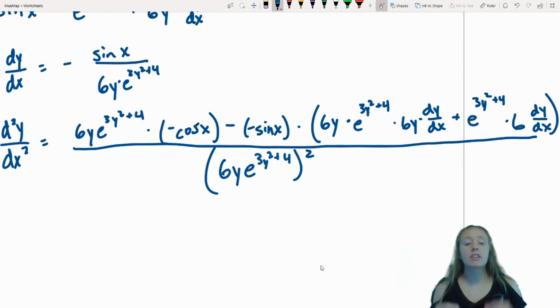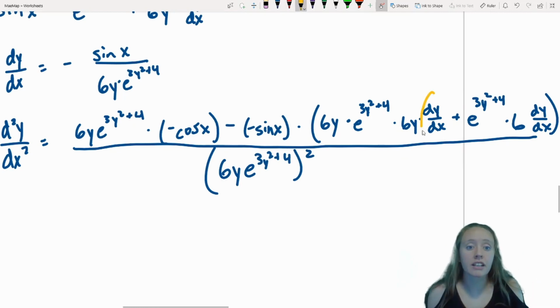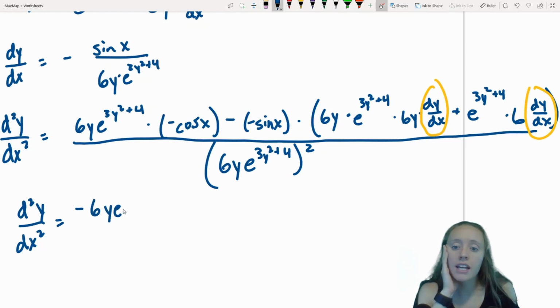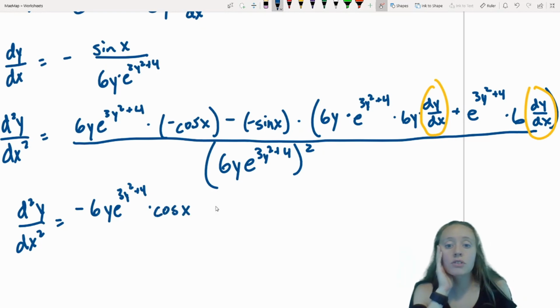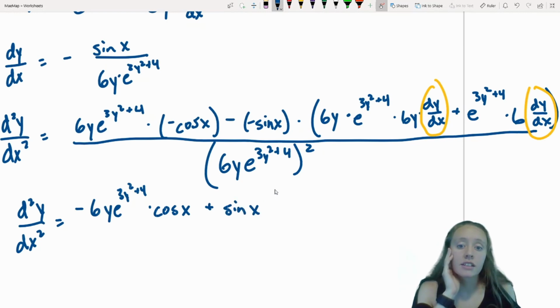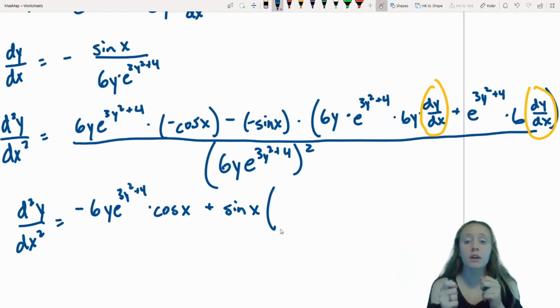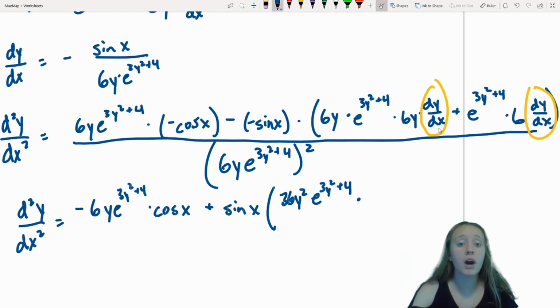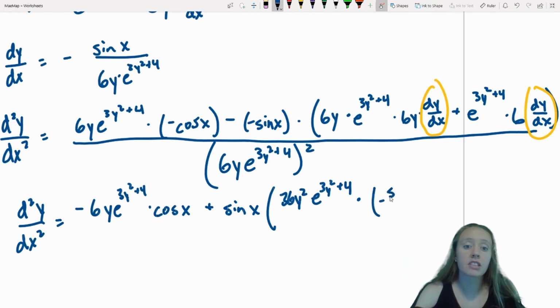So I'm going to quickly simplify down, making sure I plug in that dy dx, and I need to plug it in this case twice. So making things a little neater, I'll have the second derivative of y with respect to x equal to a negative 6y e to the 3y squared plus 4 times cosine of x minus the negative, so that will be plus sine of x times that entire quantity, that product rule we had to deal with when we took the derivative of the denominator. So 6y times 6y is going to be 36y squared. And we have that multiplied by e to the 3y squared plus 4, and that's all multiplied by the derivative of y with respect to x, which is our negative sine of x all over 6y e to the 3y